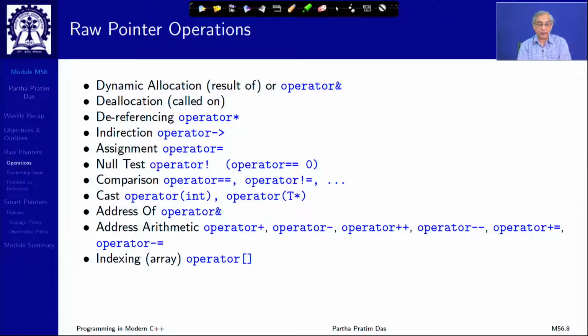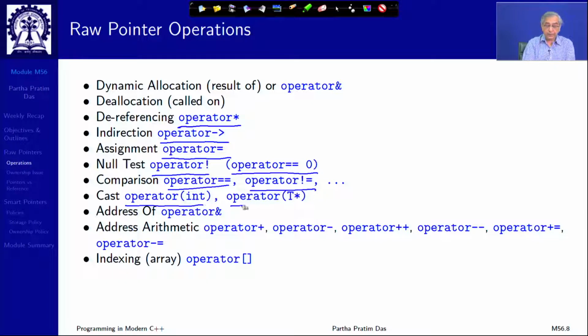Deallocation is called on a pointer. Dereferencing is done by pointer star, indirection by pointer arrow. I can assign pointers, I can do null check on pointers, I can compare pointers, right. I can cast pointers,